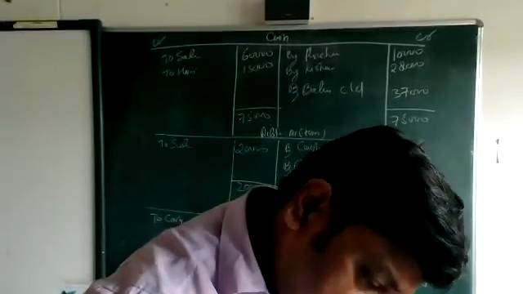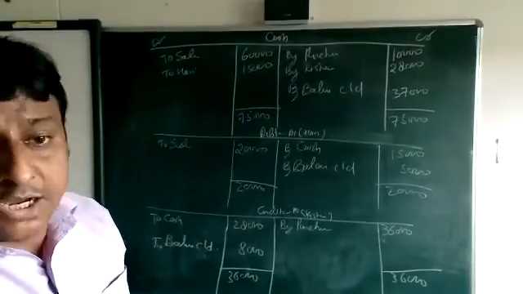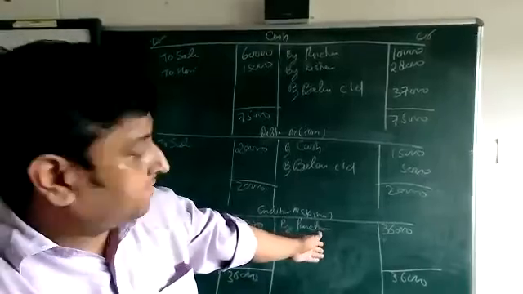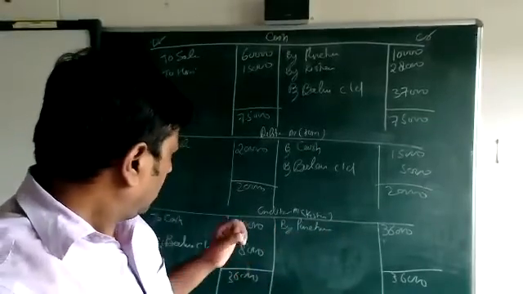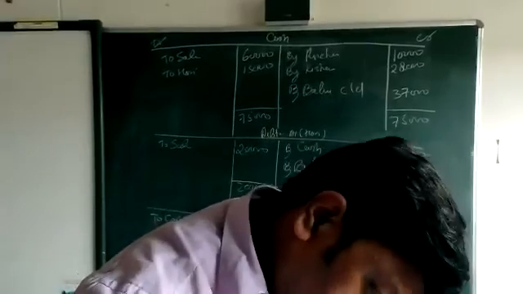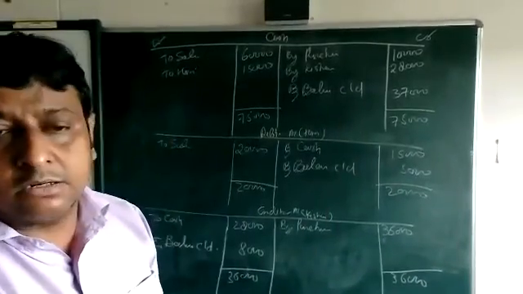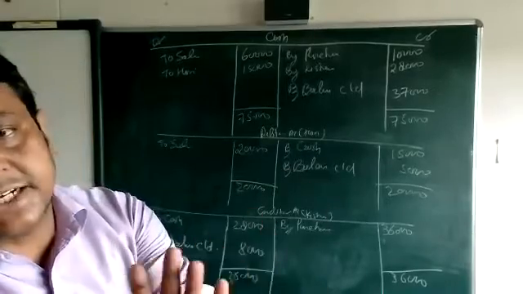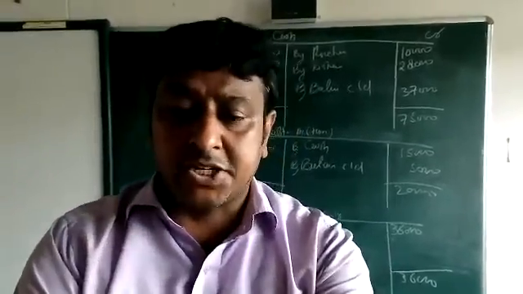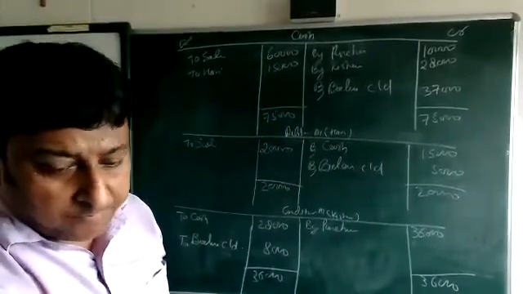Next, purchase goods from Kishan on credit. You are going to purchase goods from Kishan on credit. It means it's a liability, and liability increases on which side? Credit side, 36,000. Okay. Then purchase goods from Kishan on cash. You are purchasing goods from Kishan, but on cash, so no account with Kishan, beta. If you are purchasing on cash, then no account with Kishan. It's a cash transaction. Okay, beta.